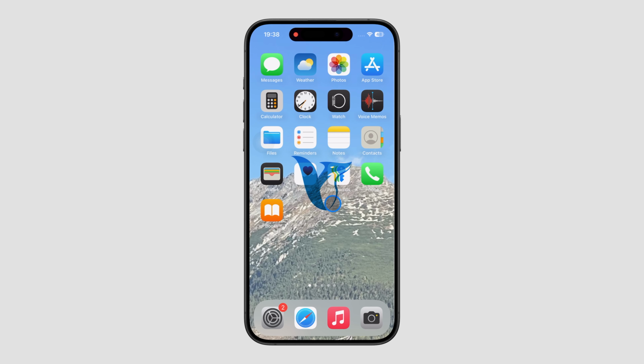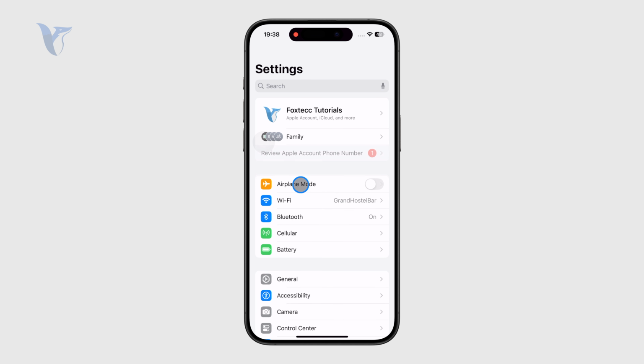So how do you set the side button to cut calls on the iPhone? Let's get into it. It's a very simple thing. All you have to do is to open up the settings app like this and make sure you find the